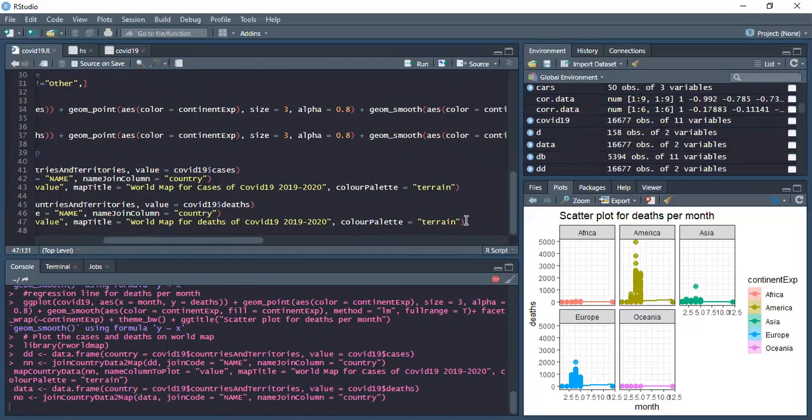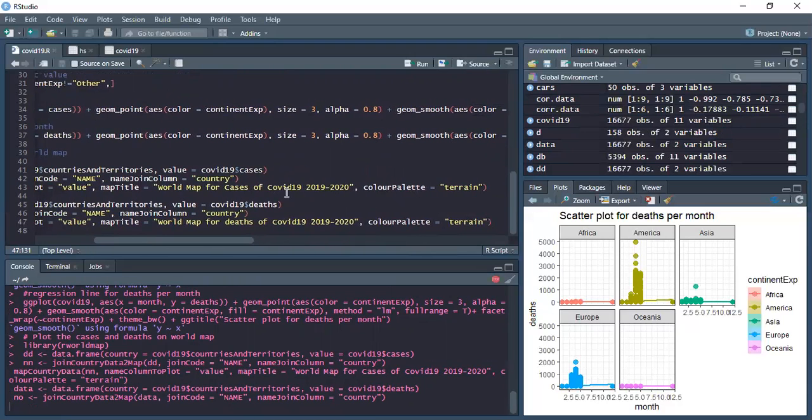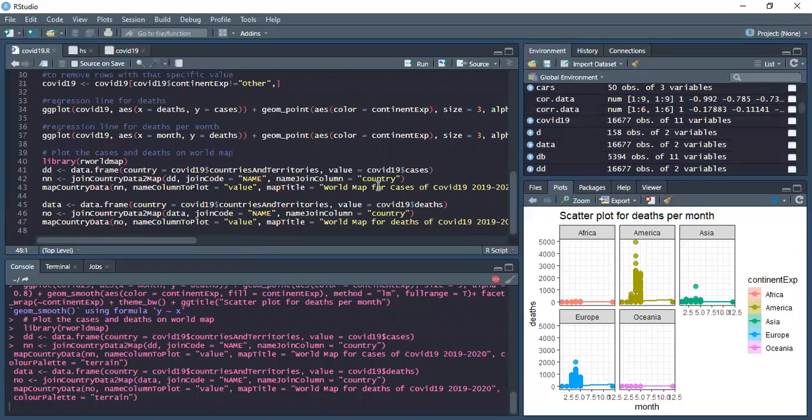As we run this, we are going to view the cases world map first. So we will wait to see the world map.